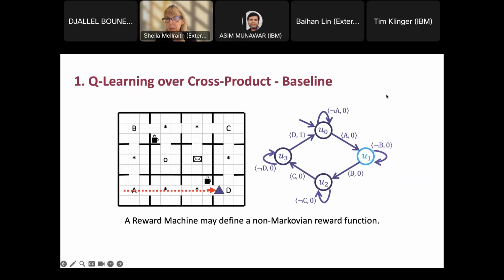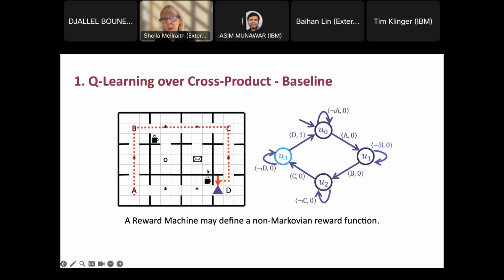And then I'd be in U1 because I would have started in U0. I would have gone to A, and I'd be in U1 in my reward machine. And if I moved to D, I would get a reward of 0. However, if I were in that exact same state, the state just to the left of D, and that's all we know of what state the agent is in, but I had, in the past, gone to A, then B, then C, then D, then my reward machine would have registered that I was in U3, not in U1